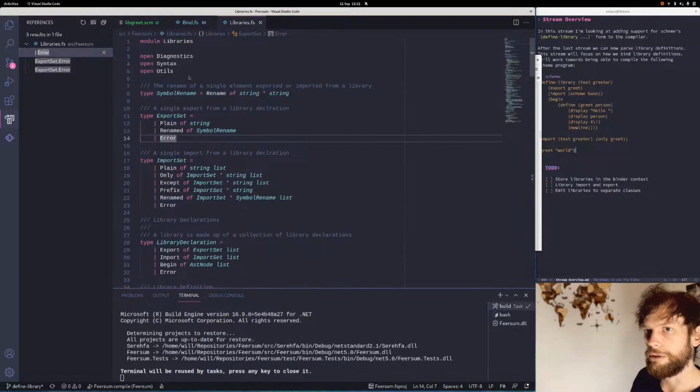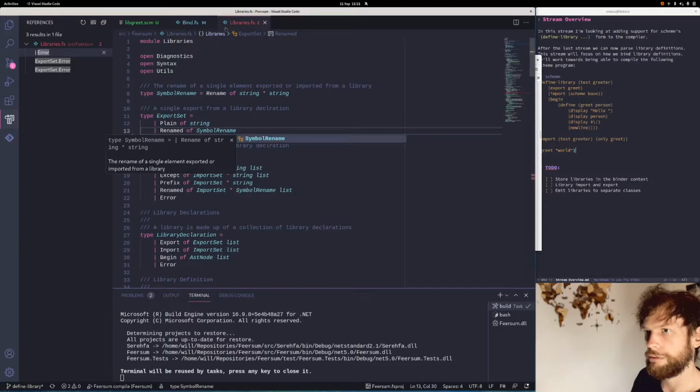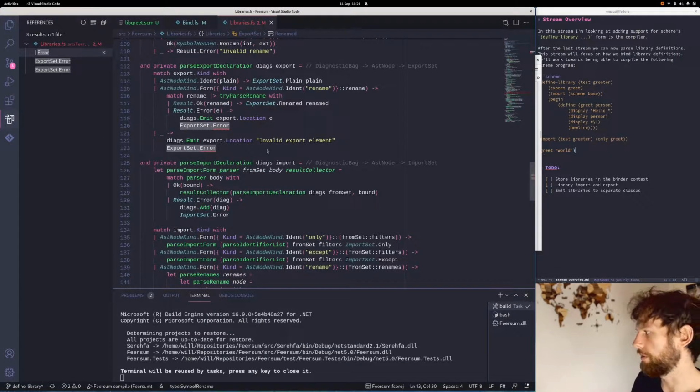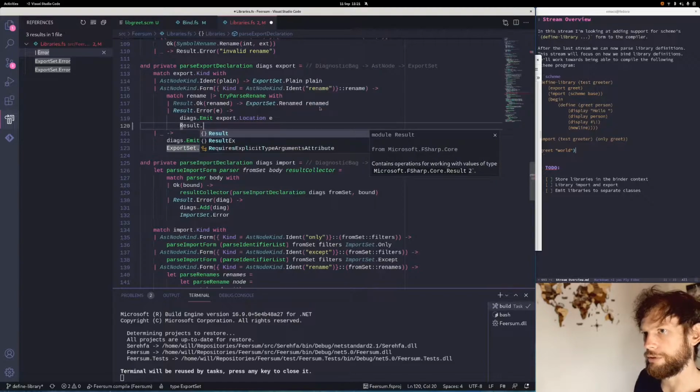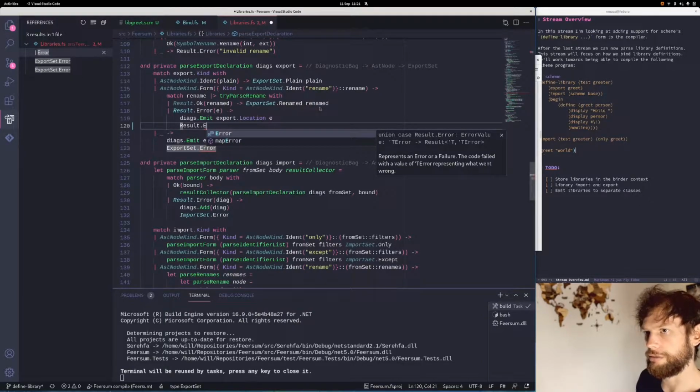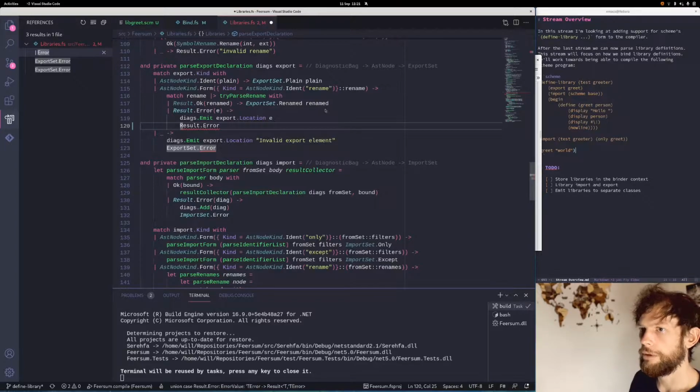In the binder, get rid of the error. And then when we parse things, we can't do export set error, so we'll have to do results.error here, which is